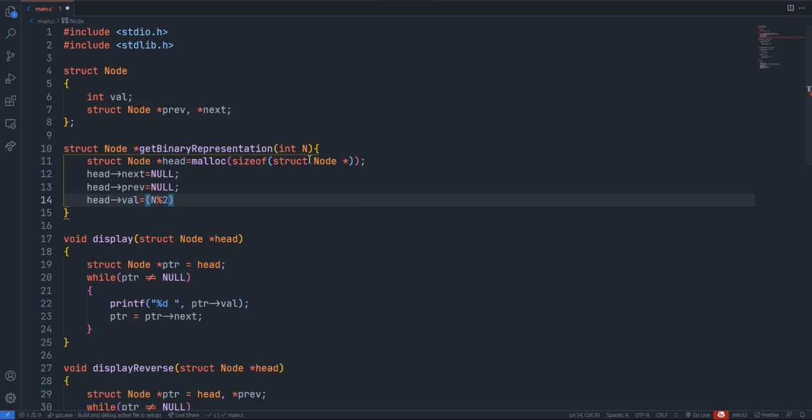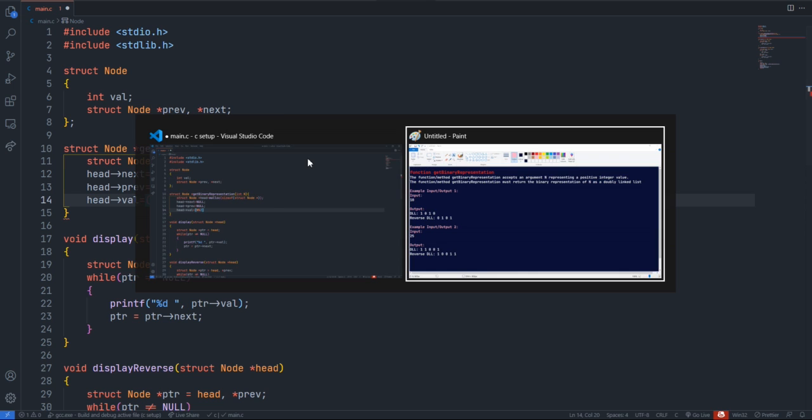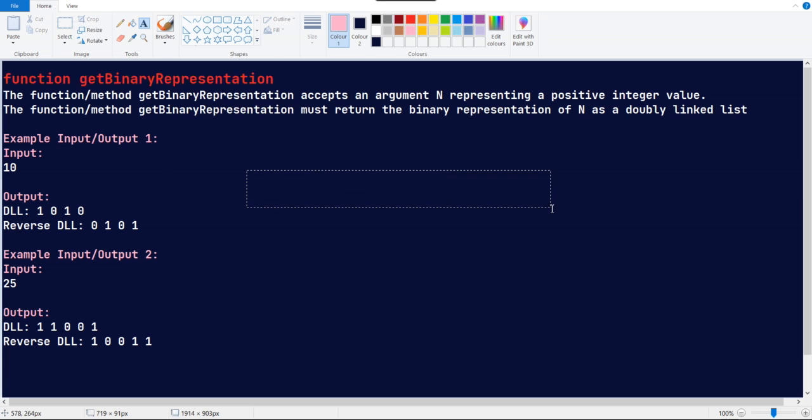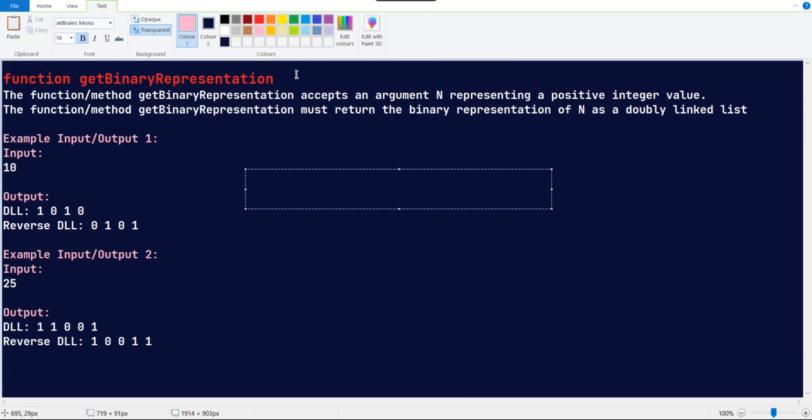Since we are going for a binary representation, we will get it by modulo and division operations, but it will return a value like this. The binary representation of 10 is 1010, but we will get those values in a reverse order, like 0101. This is how we get it by doing the modulo operation.